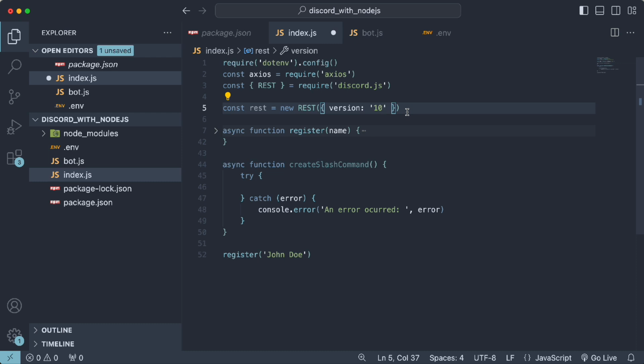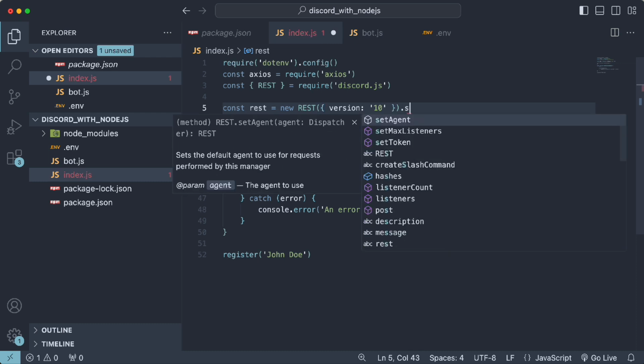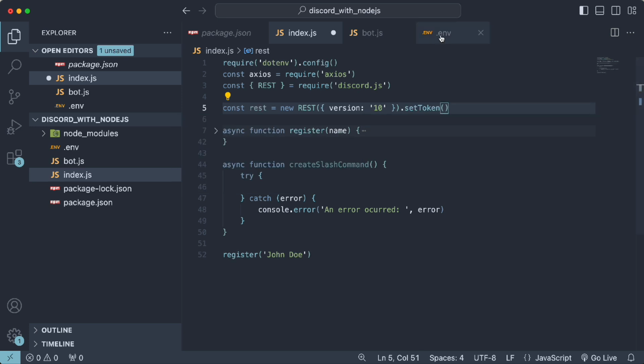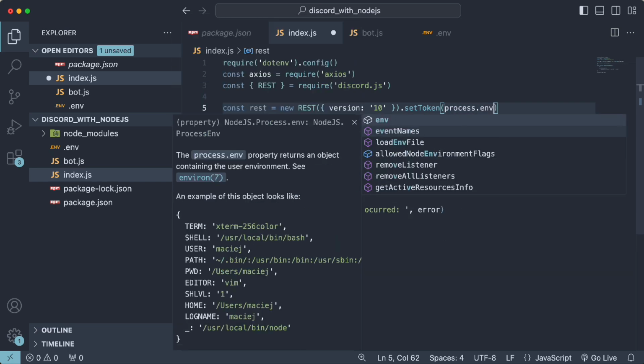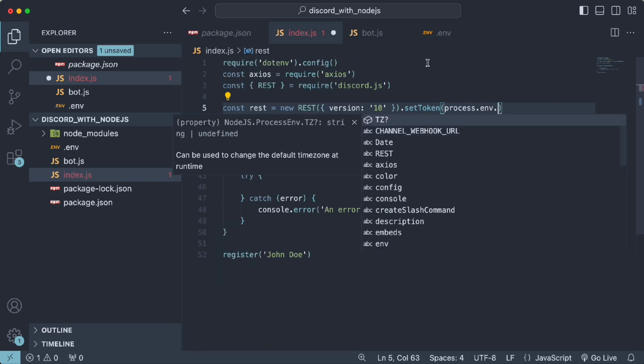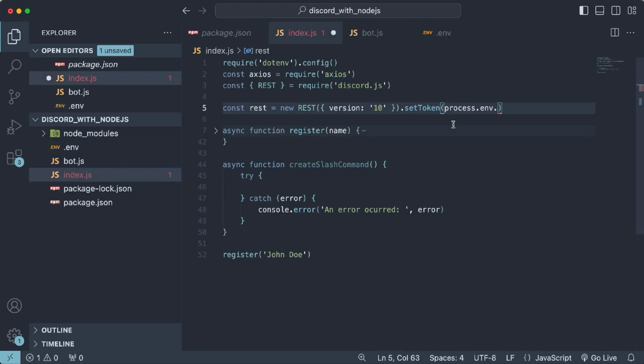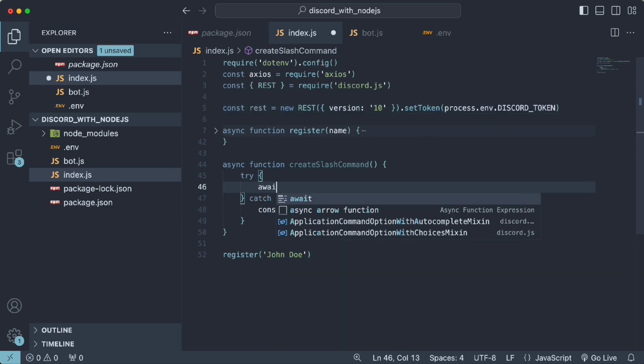And we need to pass our Discord token to this class by setting the .setToken method, which we can get from the .env file that we already imported and initialized here. So I'll call process.env. And let me copy the name of the variable that we're storing our token here on the .env file and paste inside here. Okay, and inside the try block on the create/command function, I'll add a wait and call